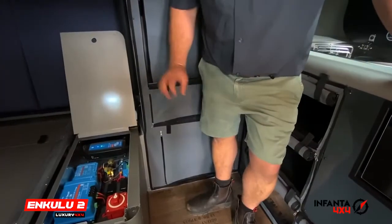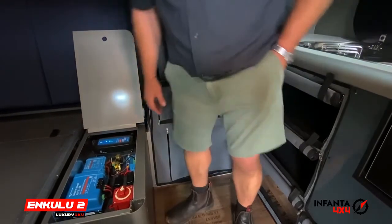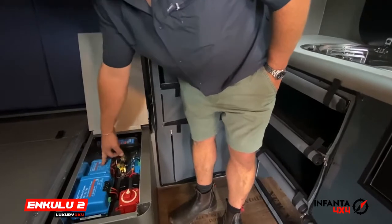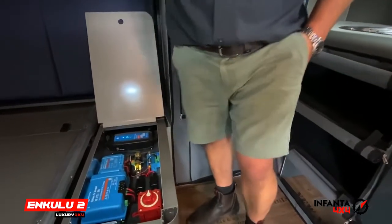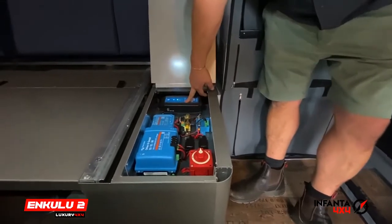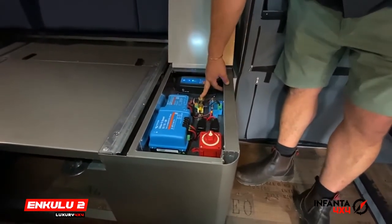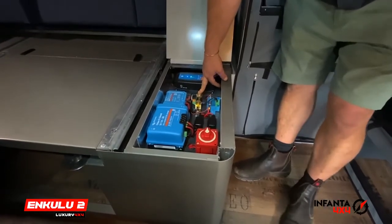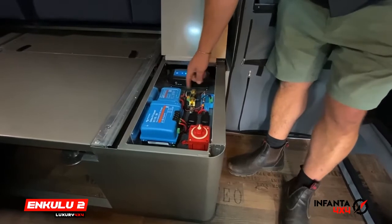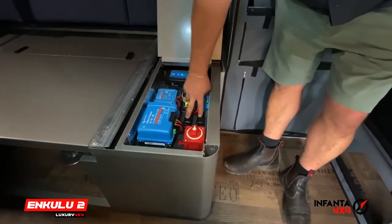Then, this is my electric system. We use the Victron energy chargers. It's got a 220 charger, it's got your solar panels that you can fit on the roof. It's also extra. So this is your regulator, this is your 220 charger, this is your main earth. This is your battery protect, your main fuses and your main